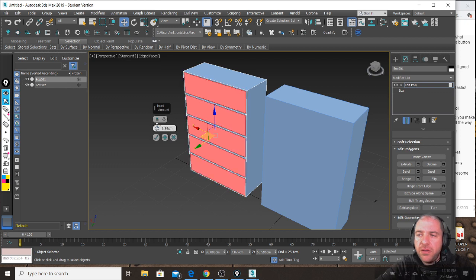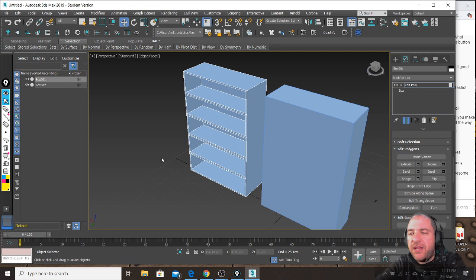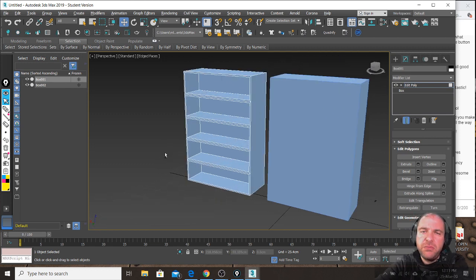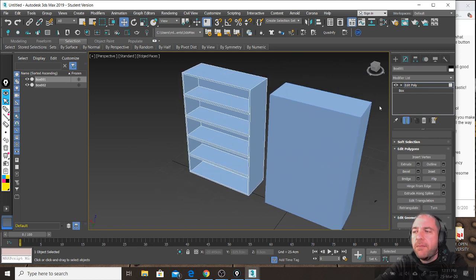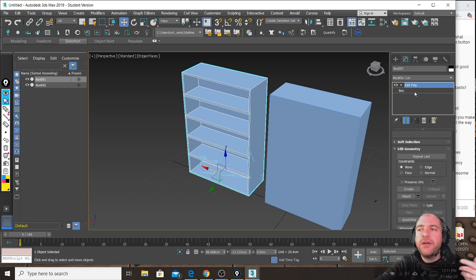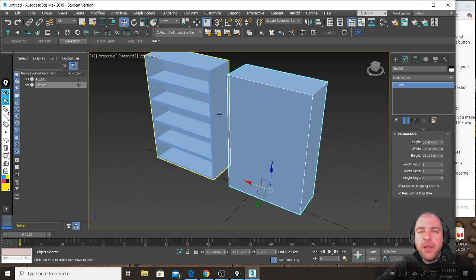and very small. And then I can extrude these polygons and I will extrude them with a negative value so that they will go inside. And I have made a very simple, slightly boring bookshelf. But if you are designers and you want to do something a little bit more interesting, you can basically